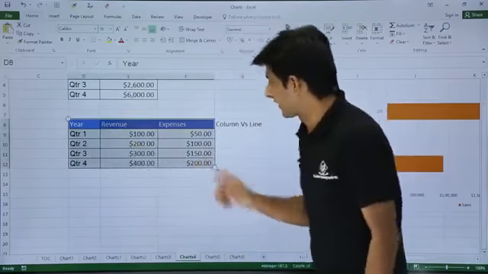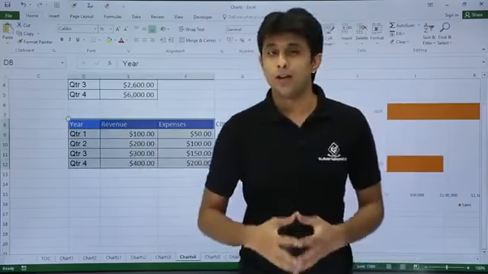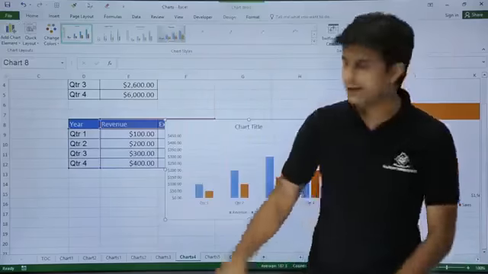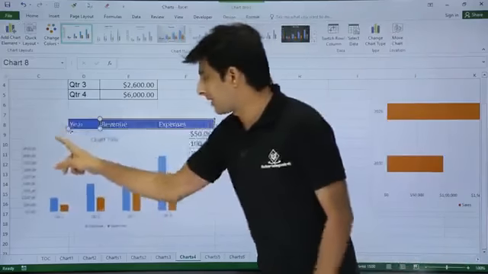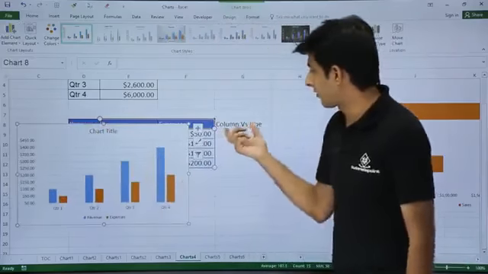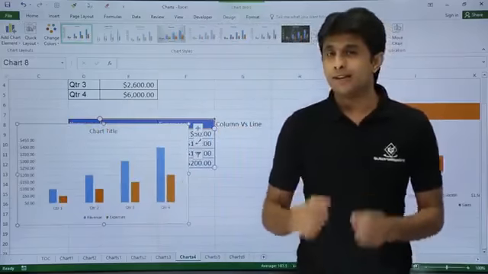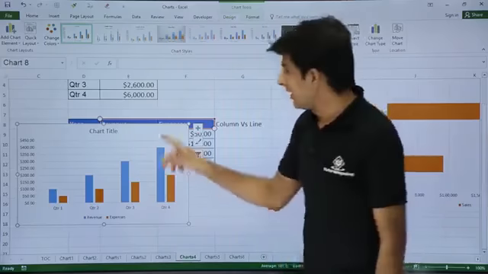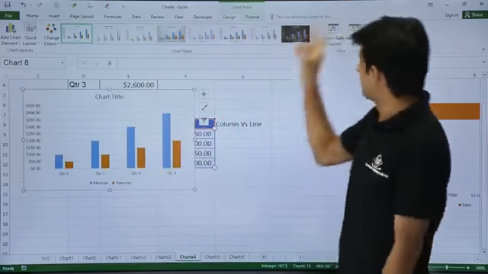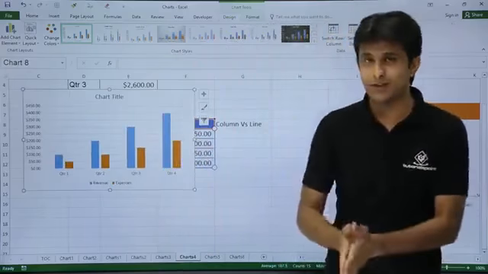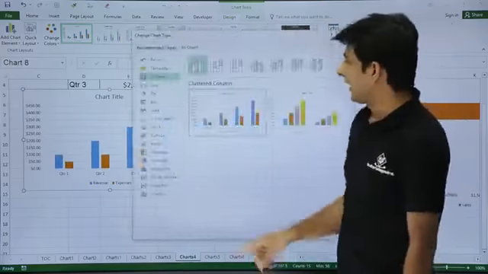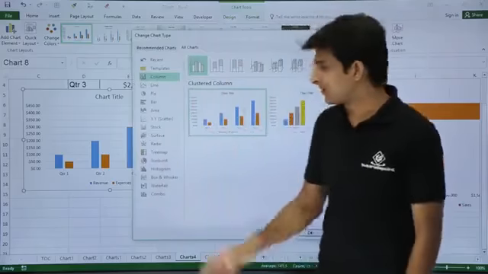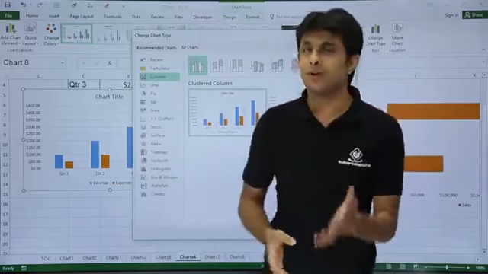First I need to select the data, and I have the shortcut key Alt F1 for creating a column chart. But my requirement is not this one. My requirement is a column versus line chart. This version is 2016. The steps are a little different as compared to the previous version. You can just click on change chart type, the previous thing which I've shown. And I have an inbuilt option which says column versus line, meaning it's a combo chart.